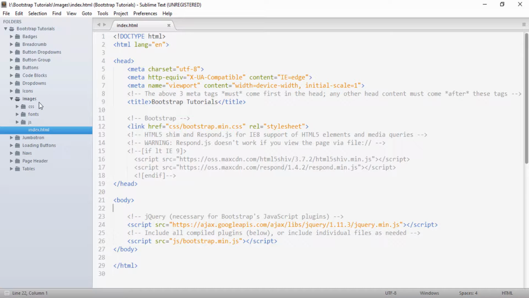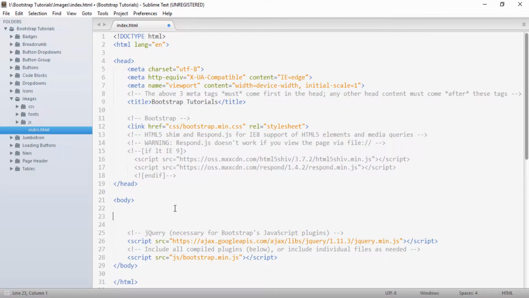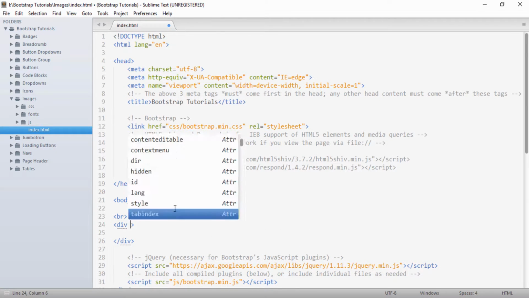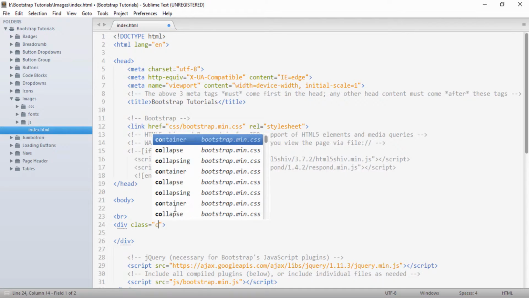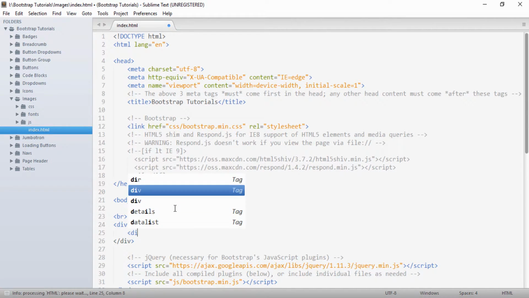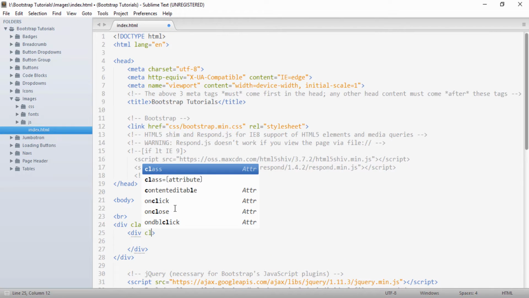So in my images index.html, after providing the Bootstrap CSS and Bootstrap JavaScript files, I will start coding into the body. First I will create a br tag. Under br I will create a div, and to this div I will provide a class of container. Inside container I will create another div and provide it a class of row.